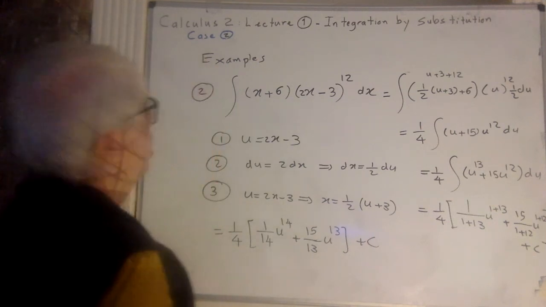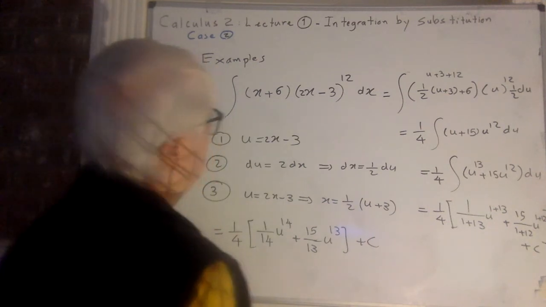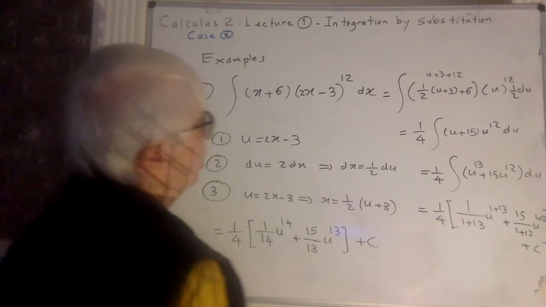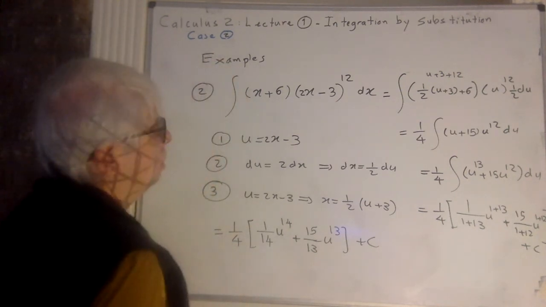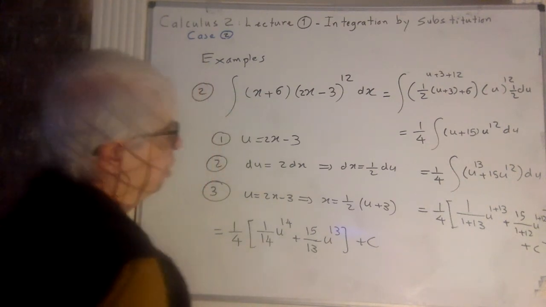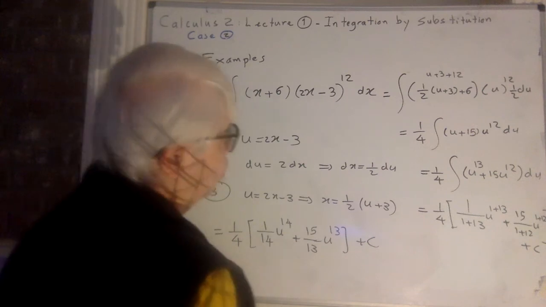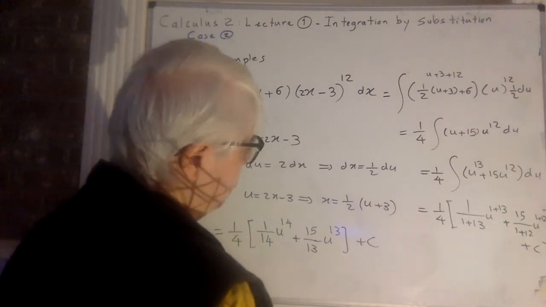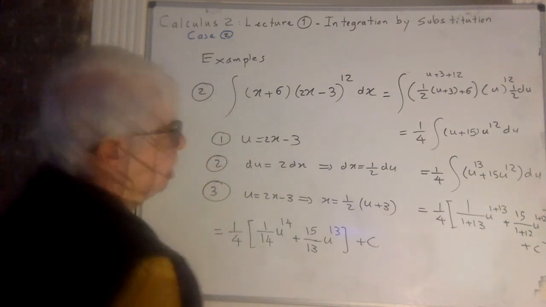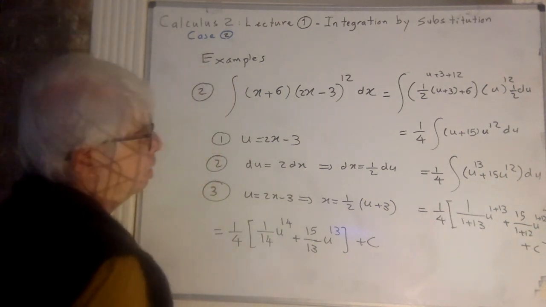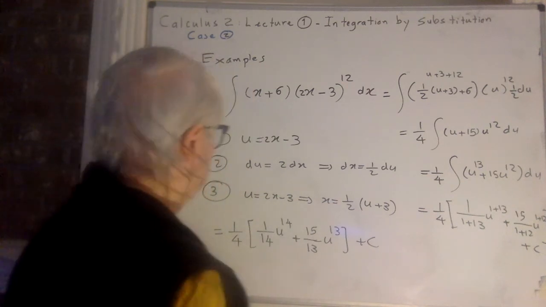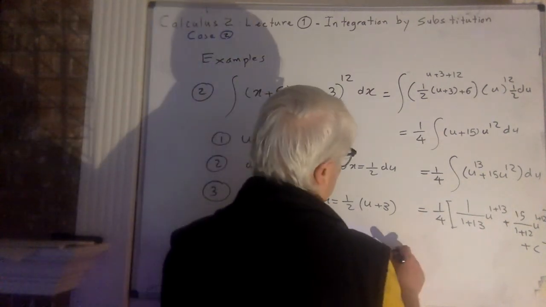Okay, then I have 1/2 (u plus 3 plus 6), that is u plus 3 plus 12. 15, I have 1/2, that's 1/4, and u to the power 12. So I have u 13 and u 12, and that's 15 over there. And so the first one is 1/14 u to the power 14. The second one is 15 over 13 times u to the power 13. Then substitute, and then this gives me